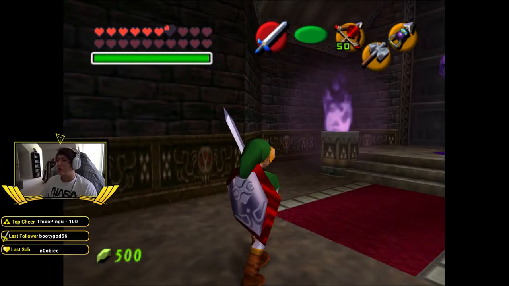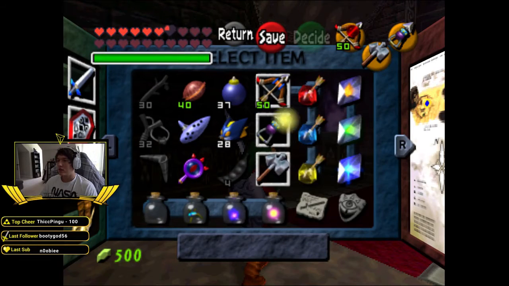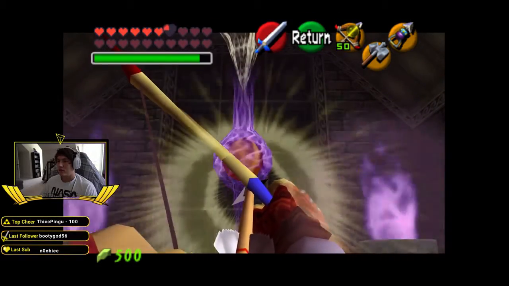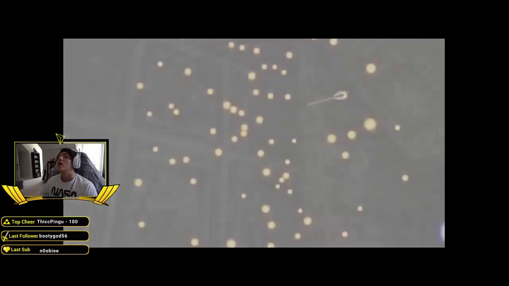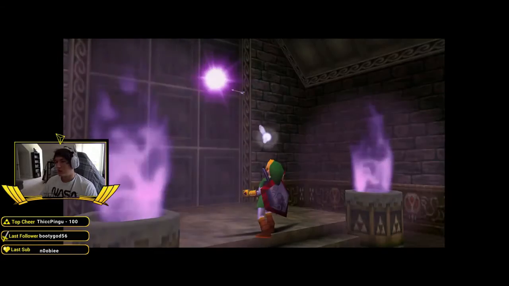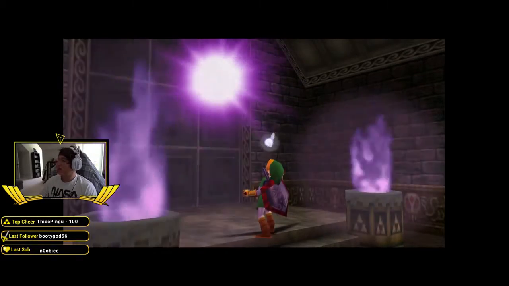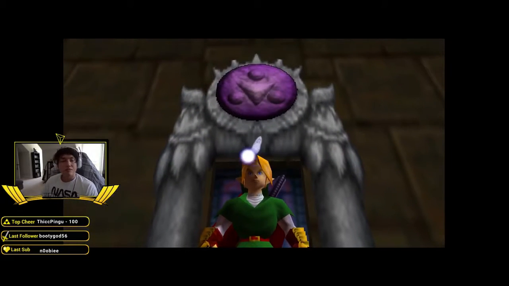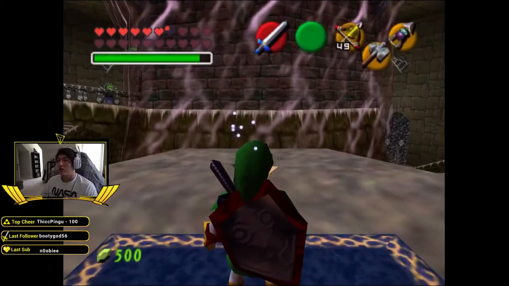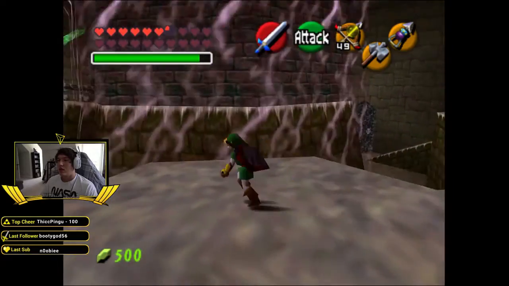Alright, and then on this blob thing, we're gonna use the light arrows on it. Like that. And then she's gonna Naruto herself up the wall. So that's going to destroy this part of the barrier. And now...